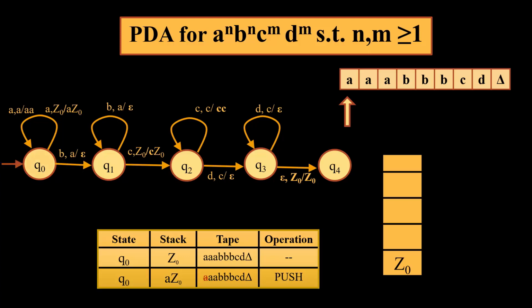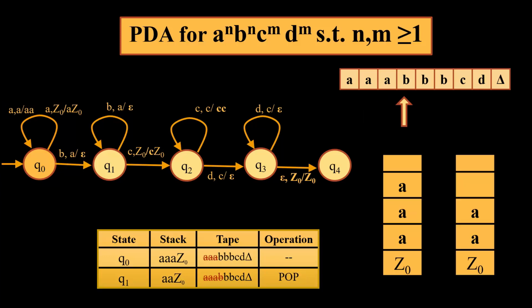We start from Q0 state. First A, push on the stack. Next A, again a push operation is performed. We start with B. The moment we come across B, we should start with the pop operation, and every element which is popped should be A. Now when we have the third B, we should pop the third A off the stack, and when we start reading C from the tape, we should have Z0 on the stack.